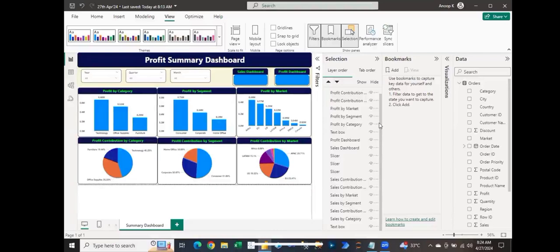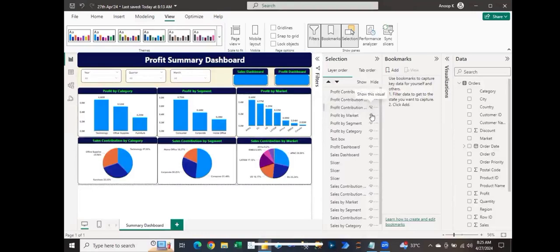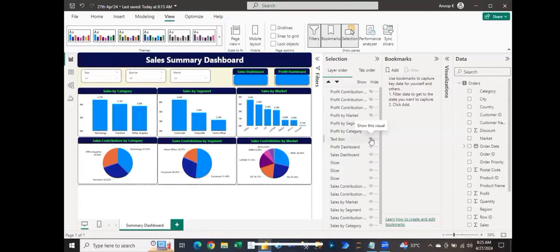Yes, sir. Okay. Now what we are going to do is, for the sales related state, we are going to hide the profit related things. You can see this icon to hide the visuals. So profit contribution I'm hiding. If you focus on my screen, look, this gets hidden. When I click, this gets hidden, this is hiding, this is hiding, this one also, this one also, and now this text box also. So now whatever the